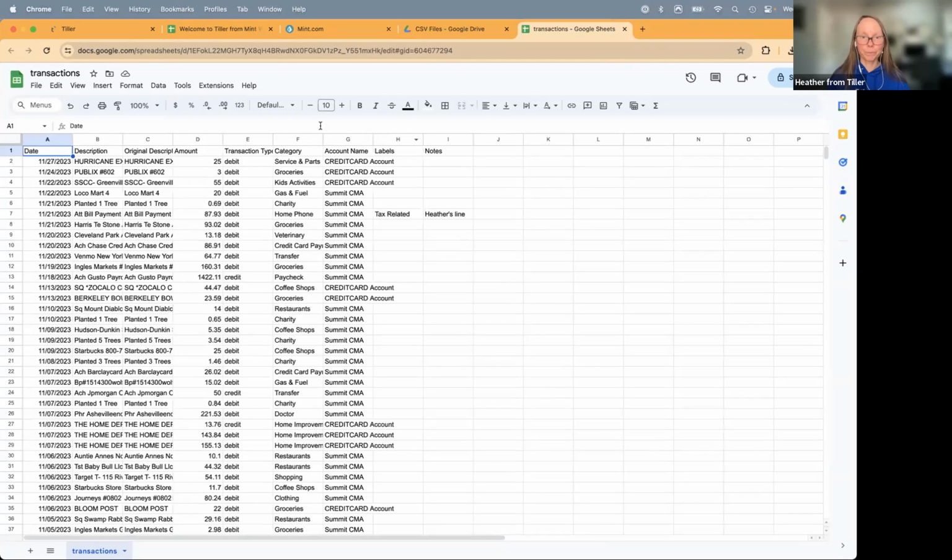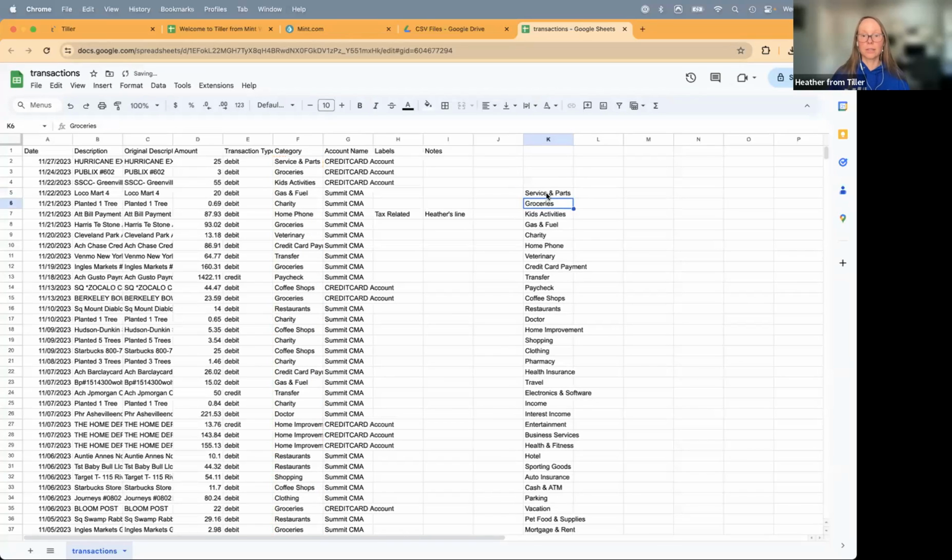So I've got all the categories here, right? But there's a bunch of transactions, and so that means that there's going to be duplicates, like duplicate category instances in this list. So I just want to find the unique list of categories. So if I just enter in a really simple formula, equals UNIQUE here, and then I can say F2 through F, that is going to generate a unique list of categories for me that I can then pull over into